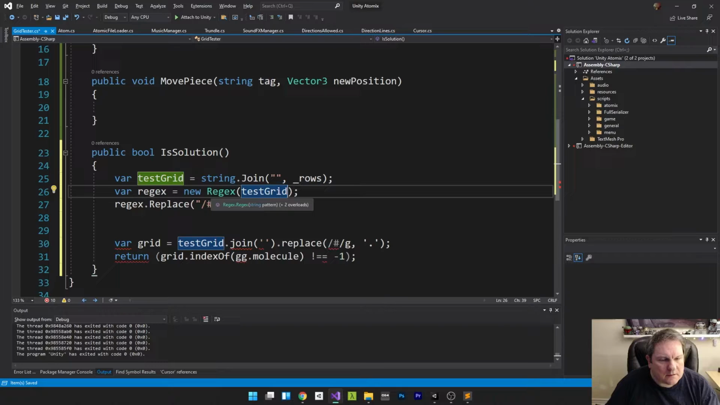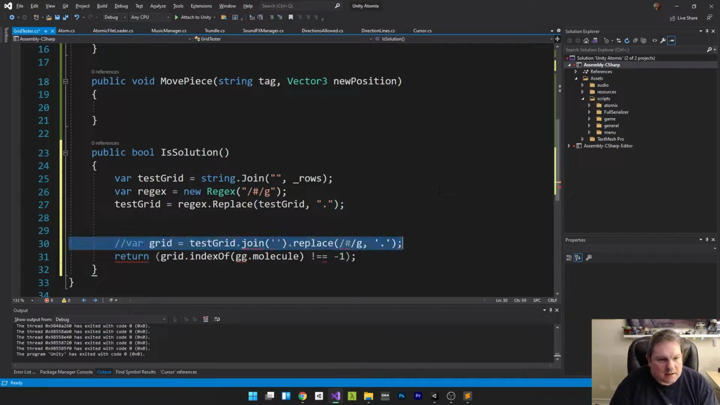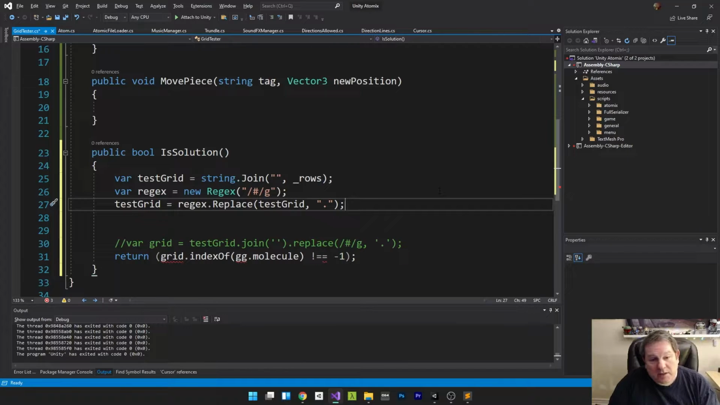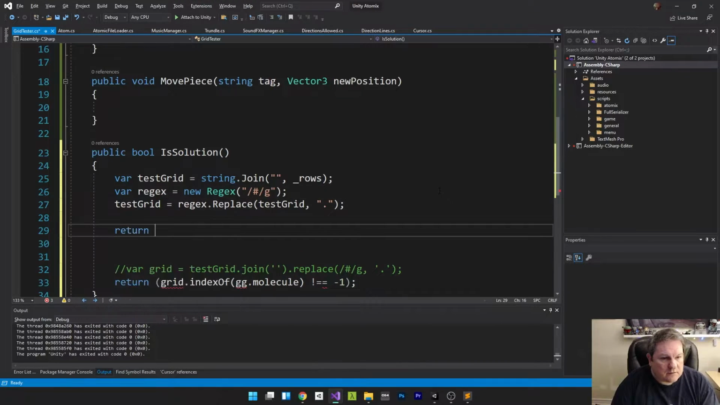Test grid. Oh no, hold on. My bad. We take this, put that in there, take that out, put that there, put that there, that gives us that. Okay, so that is that line there. And then we want to check to see if that exists. We want to say return